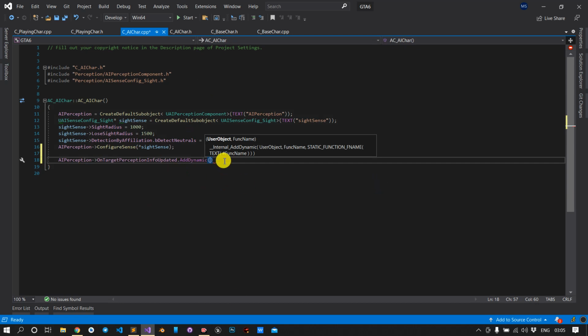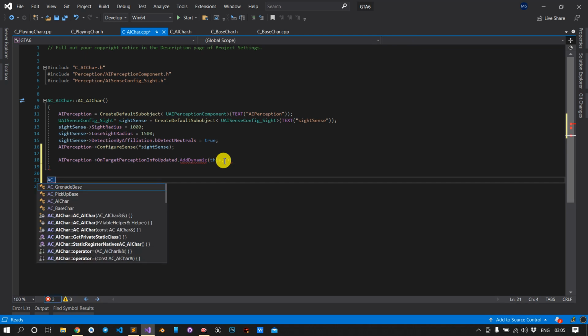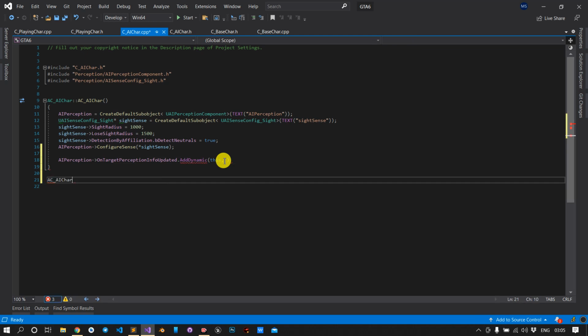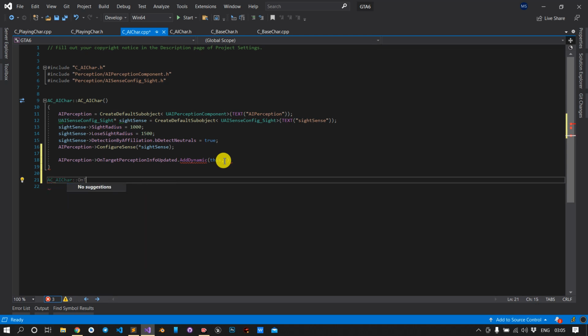So just use this, and here we have to specify the address of a function. We don't have any function, so we will create it in the AI character: OnTargetPerceptionUpdated.